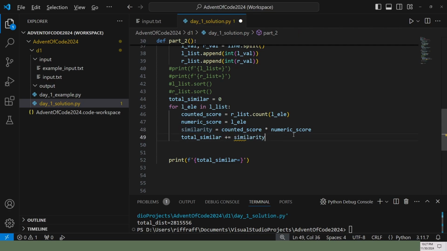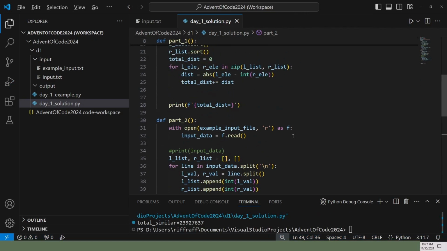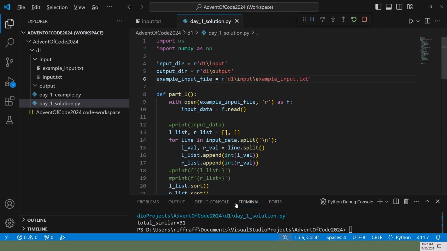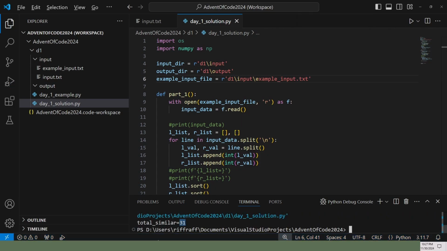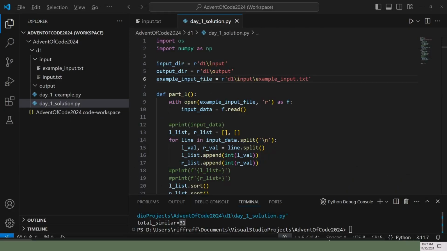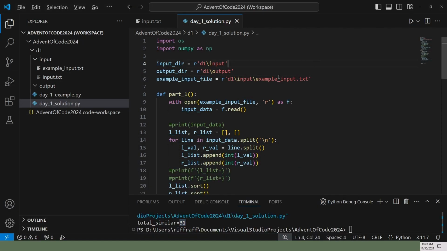And we're going to add that to this here. So if that looks all right, we better change this back to our example input and make sure that our logic is working correctly with this small data set. So we were looking for 31, and we are getting 31. So that is a pretty good indication. We're going to try now with the regular input.